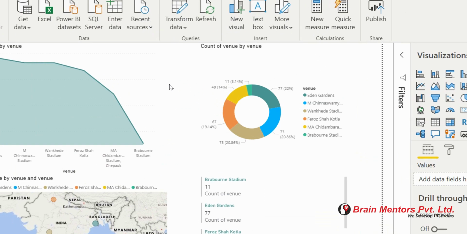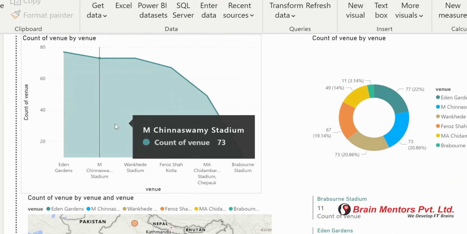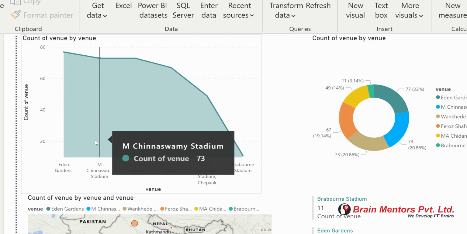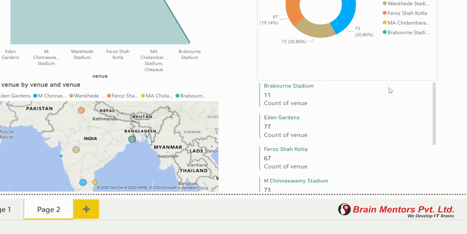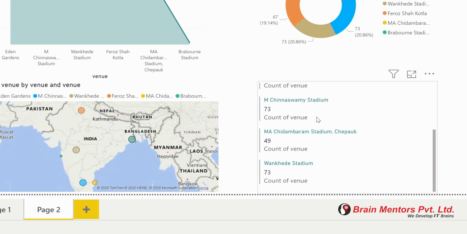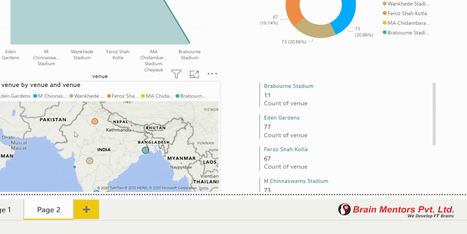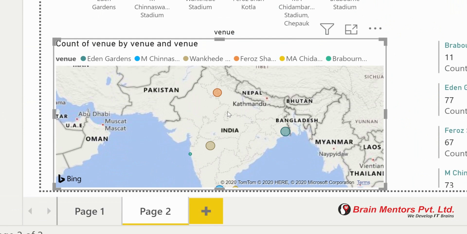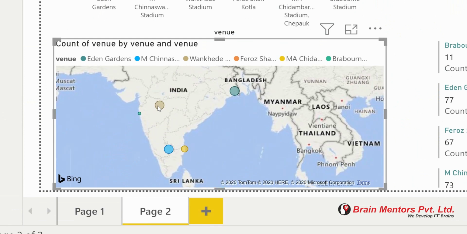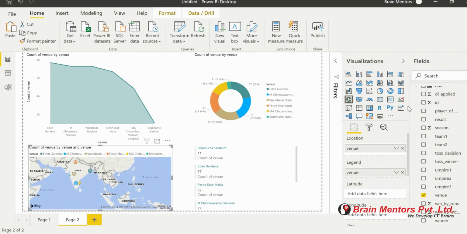I hope this gives a good understanding of why we are using Power BI here, and how it is a very good tool to analyze and visualize data. We have just created 4 graphs based on a single column, and we have put a page level filter. Applying that page level filter continuously changes all the graphs, all the visualizations available to you. So on a single click, it changes all the 4 visualizations. I hope it's clear to you.